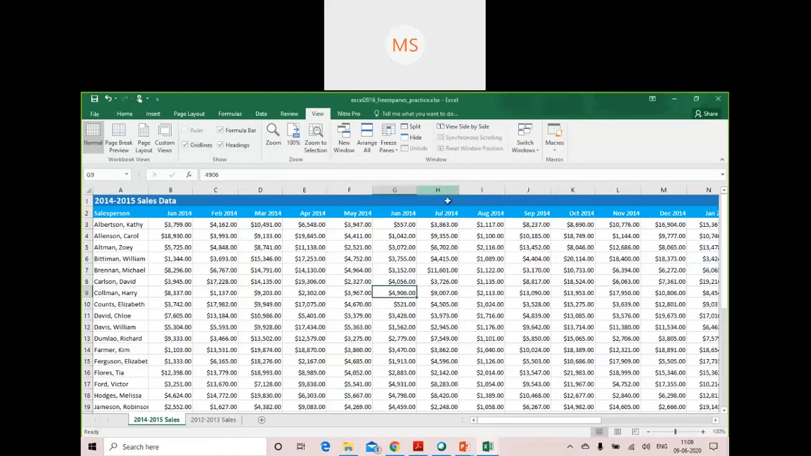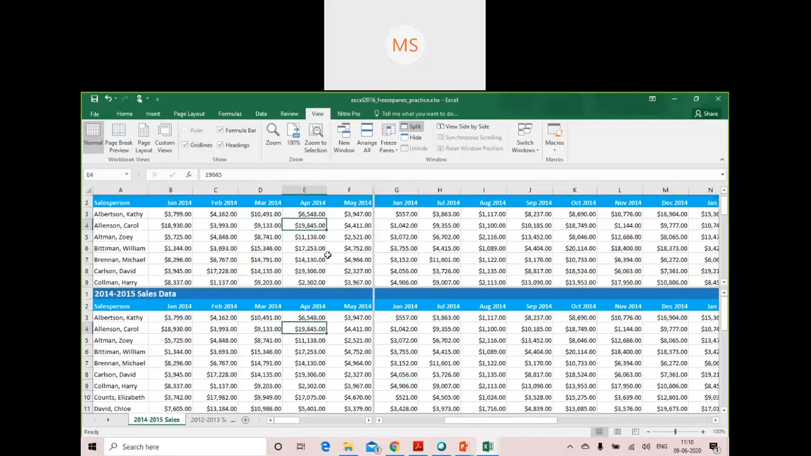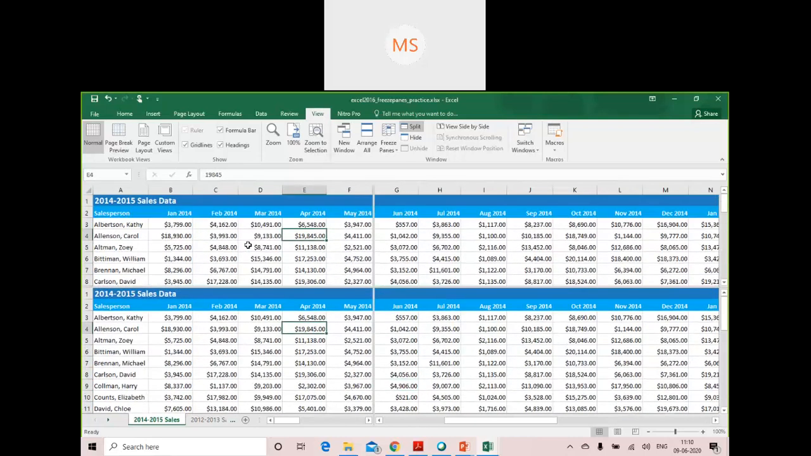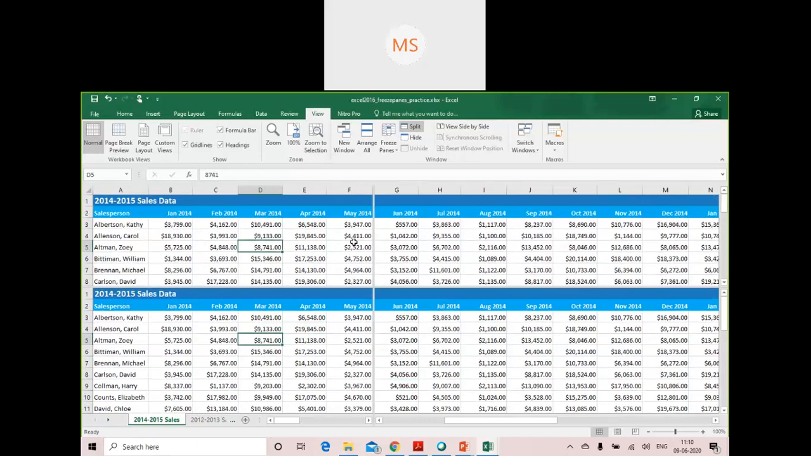Apart from the new window option, it also provides you the split option. The moment you click on split, it divides the window into different panes that each scroll separately. It has split your window into multiple panes, and you can scroll them separately. Like when I click here in this area, it will split it. Now it has split your window